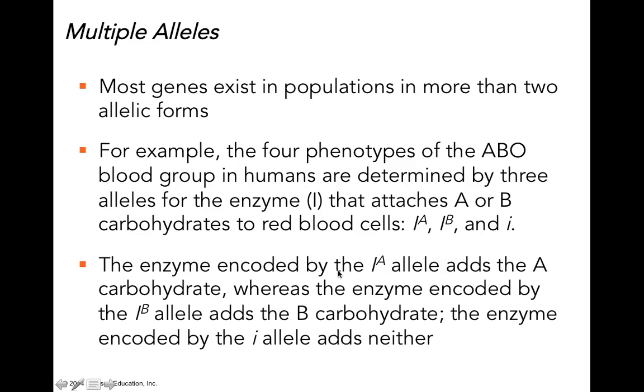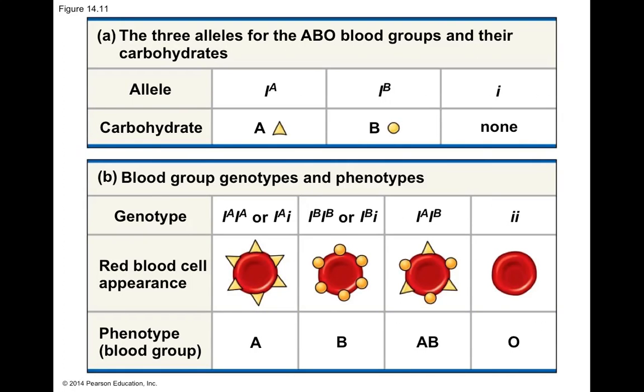So the enzyme encoded by IA adds the A carbohydrate, the IB allele adds the B carbohydrate, and the lowercase i, the recessive allele, does not add any carbohydrate. What this means is that we've got 3 different alleles for the gene, which give us 4 possible phenotypes for